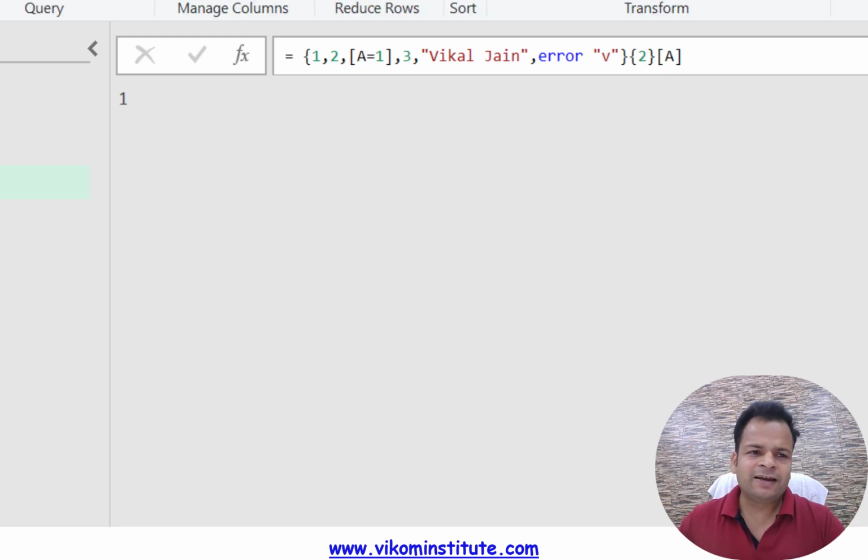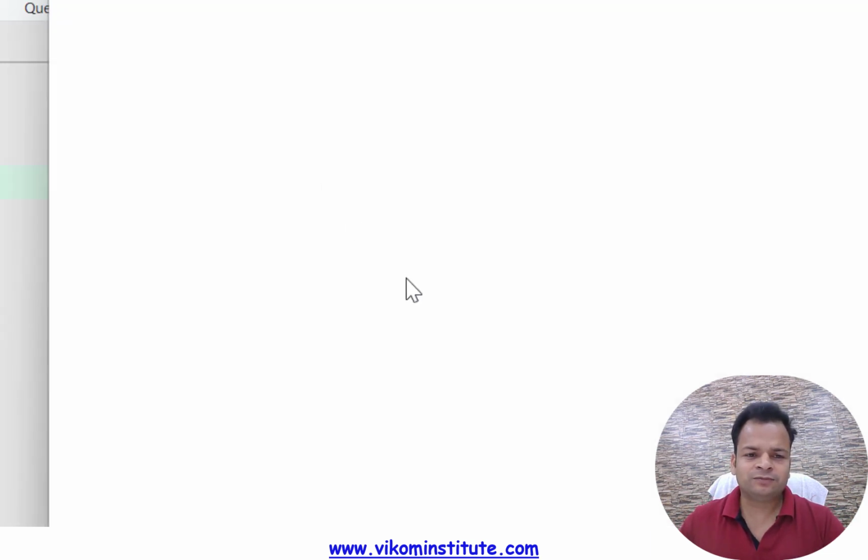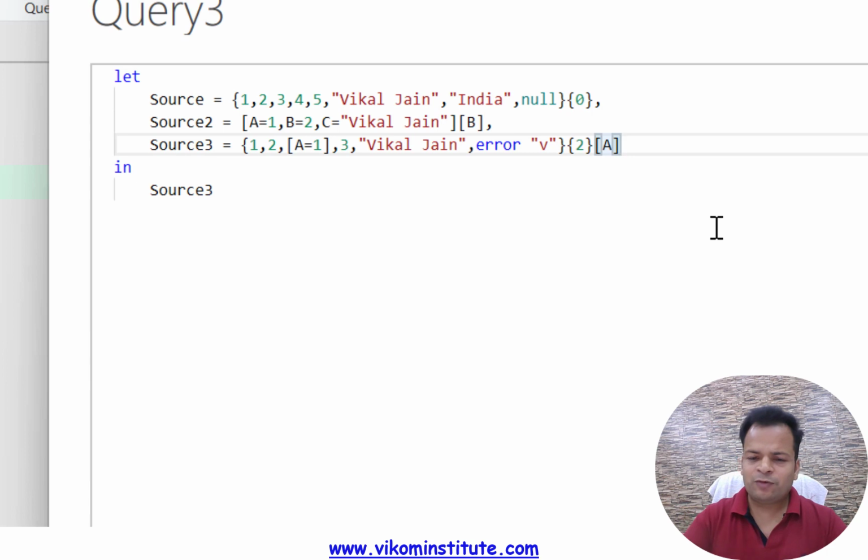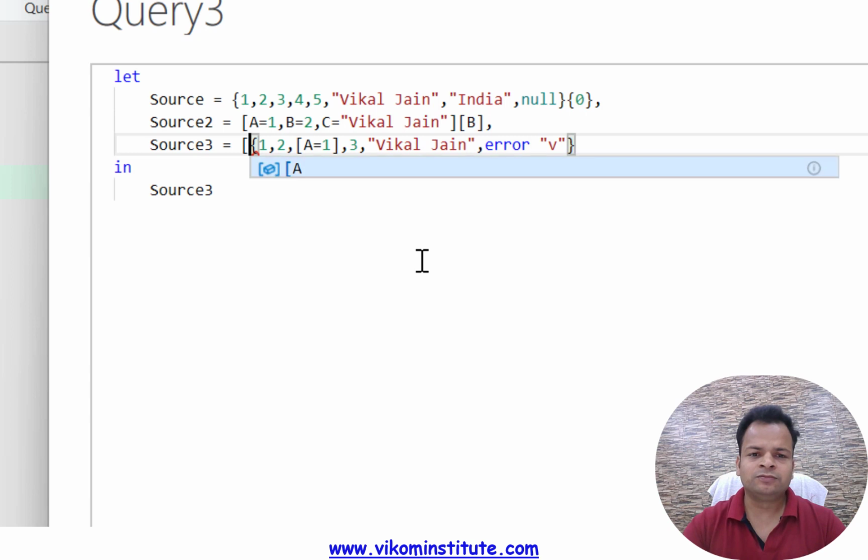Now let's say I'm changing the Source 3 example again. This time I am removing this lookup, and I am creating one more nested list. Let's say this list is in a record itself, so I am creating a record like this.